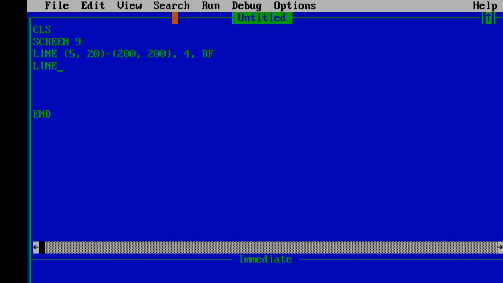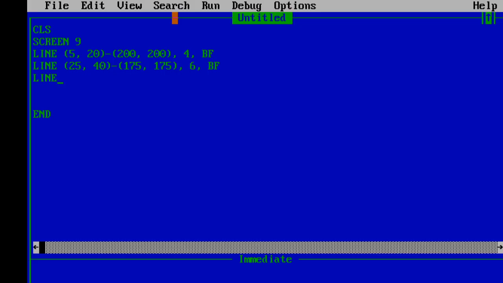I have to write here line. Okay, I want to go inside, so in this one I am going to add 20 here, is it? So I'm going to write 25, and here I'm going to write here what, 40, and in this one I am going to decrease 25, so I'm going to write here 175, then here 175. Okay, then I'm writing here 4, then here I'm writing here box filled. I'm not giving 4 color, I'm giving 6 yellow color, so that you'll be able to see. Just check. Is it? Okay, graphics is good.